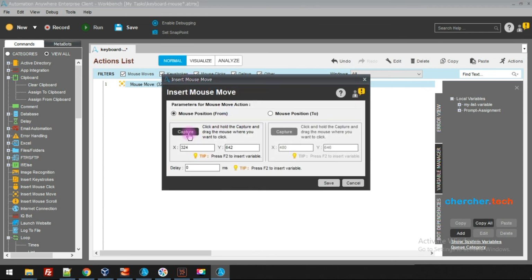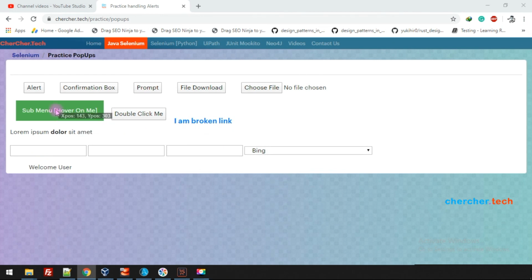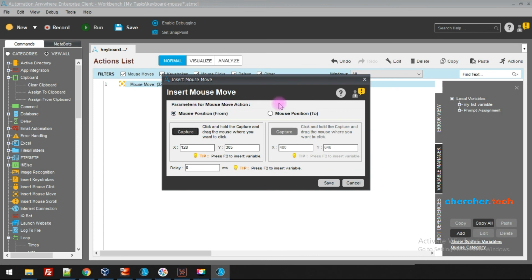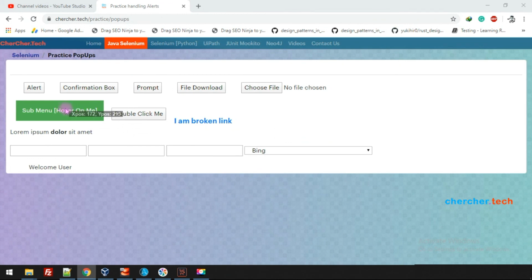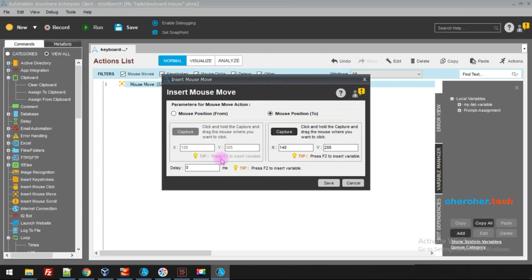now let's capture, put the mouse here. This is the from position, but we are just moving it, right? So let's capture again nearby the same place, in the same button. From somewhere to somewhere we are dragging and dropping, because if this mouse is in the current position and I want to drag it here, I don't care what current position I am in. Basically, the ultimate thing is where I should be. That's what matters. But as this is mandatory, we are filling it. Otherwise you can ignore it; you don't have to fill this part. Now save